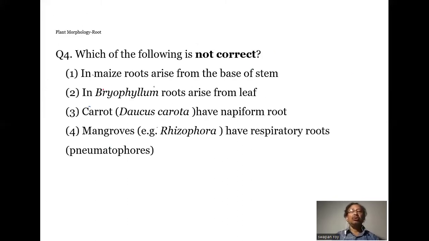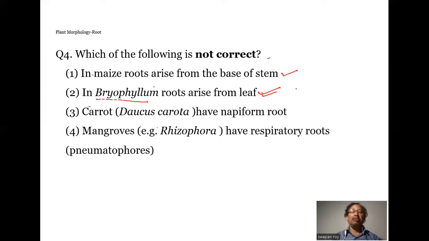Question number 4. Which of the following is not correct? Number 1, in maize, root arises from the base of the stem. This is true because it has the fibrous roots, and fibrous roots arise from the base of the stem in bunch. Number 2, in bryophyllum, root arises from the leaf. This is also correct. In bryophyllum, from the margin of the leaves, new roots and plantlets develop and help